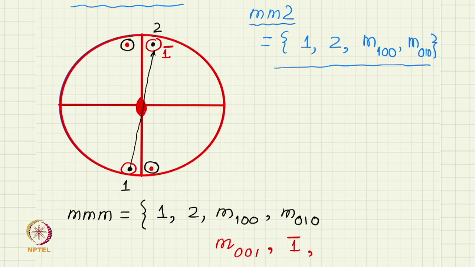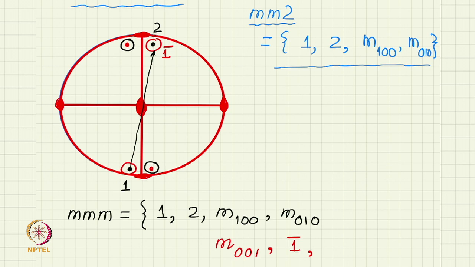2 more operations are required. Please note, we have noticed this when we developed the group MM2, that 2 perpendicular mirrors make their line of intersection a two-fold axis. So wherever 2 perpendicular mirrors intersect, you get a two-fold axis. So here you can see that we have a horizontal mirror and a vertical mirror intersecting here. So there will be a horizontal two-fold lying on the equatorial plane in the x direction, and similarly a horizontal two-fold